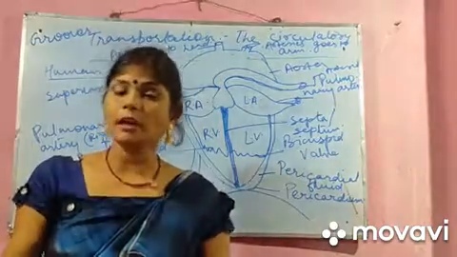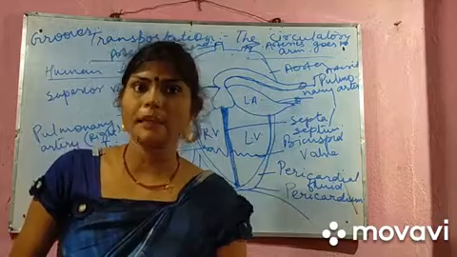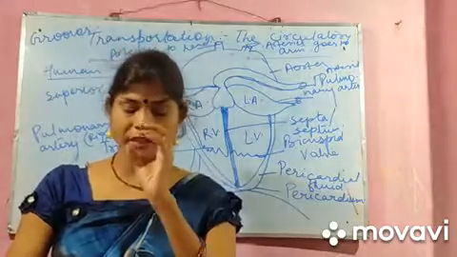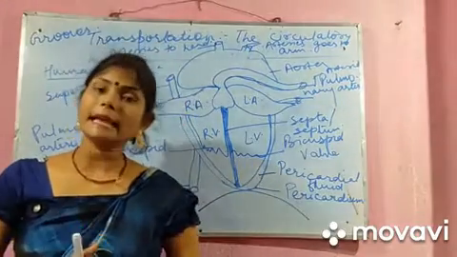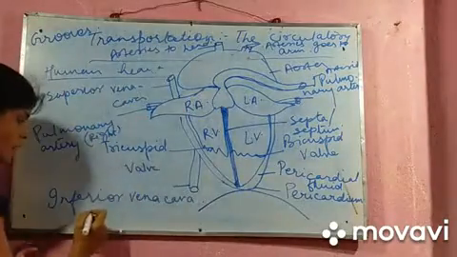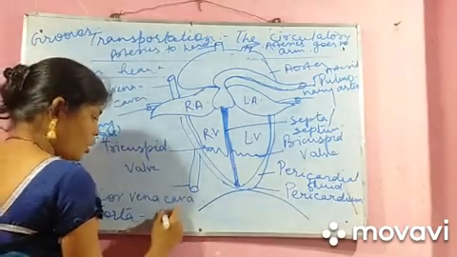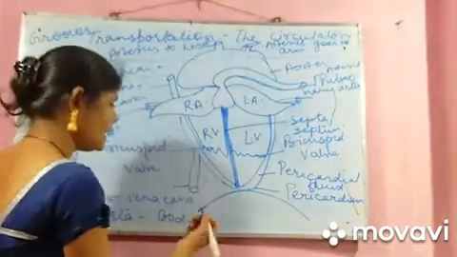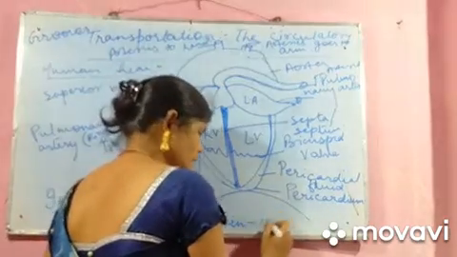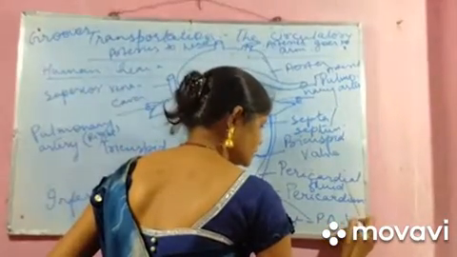Now from different parts of the body, the blood will again come back through the veins to the heart, and from the heart to the lungs it will be carried by the pulmonary arteries. The less rigid vessels are the veins, which carry the blood from the body to the heart. Here we have one trick. The aorta will carry blood to the body. From the body it will be carried by veins back to the heart. Now the pulmonary artery will carry it from the heart to the lungs.